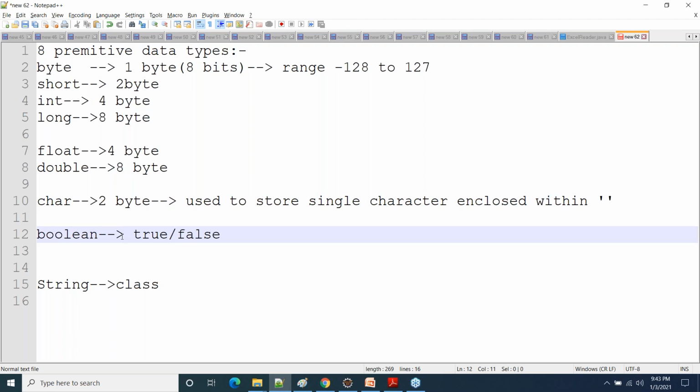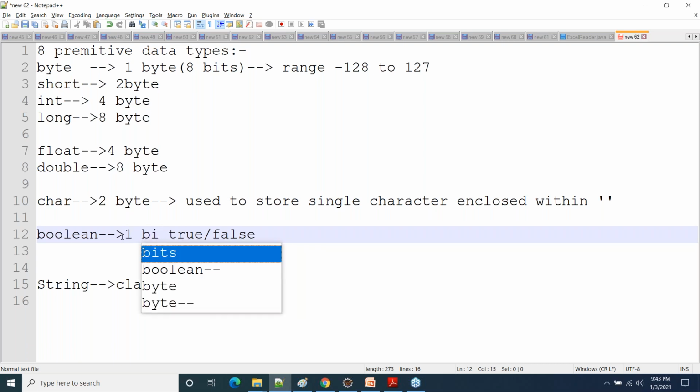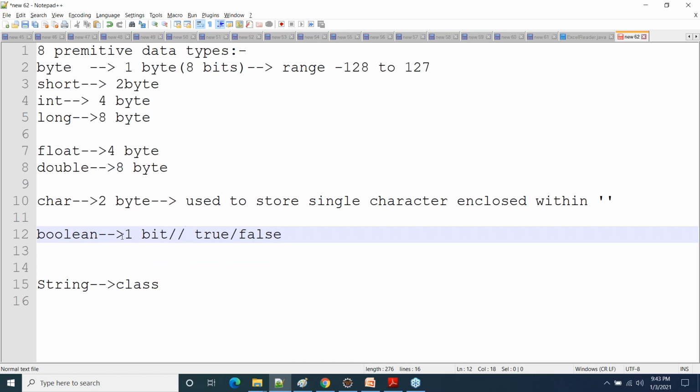What about Boolean? 1 bit, 1 byte, or something else? Few of you are saying one, few are saying 1 bit, few are saying 1 byte. Okay, this is a very controversial topic. In many places I have read that you get 1 bit of memory. Many say that it is not defined.